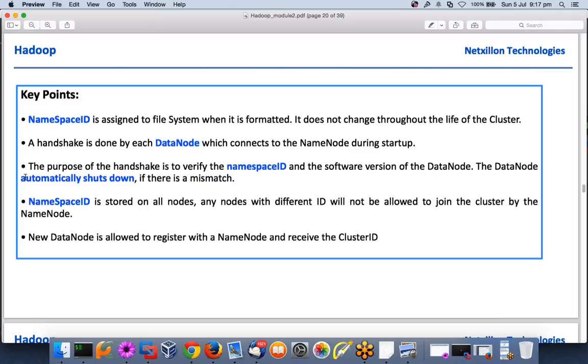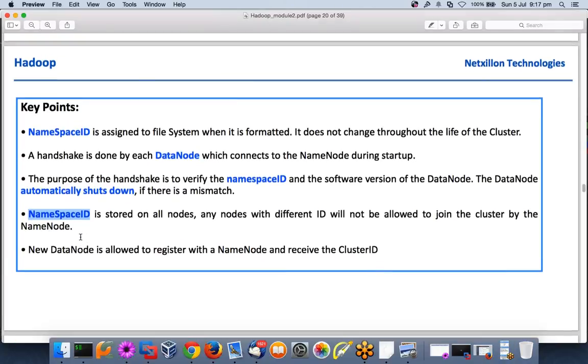Obviously human errors you can still do, you can still do rm -rf on data. But from a Hadoop perspective, it is trying to safeguard the common mistake which an engineer might do. Cluster ID will be stored on all nodes so that they know which cluster we are part of. As I said, any new data node will be allowed to register with the name node and receive